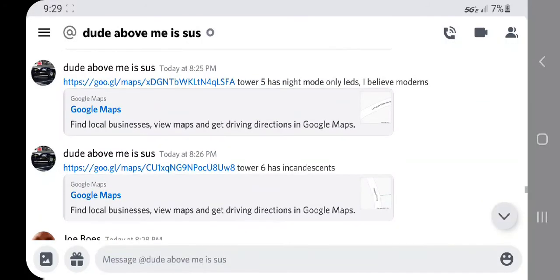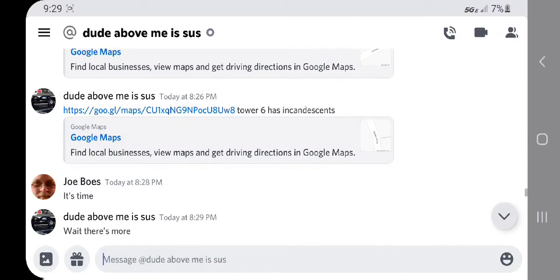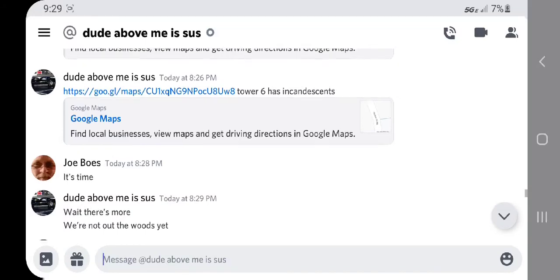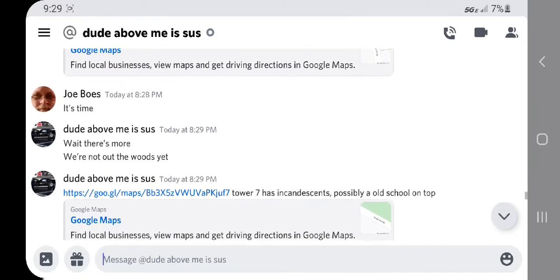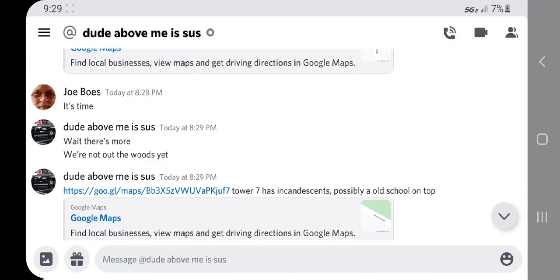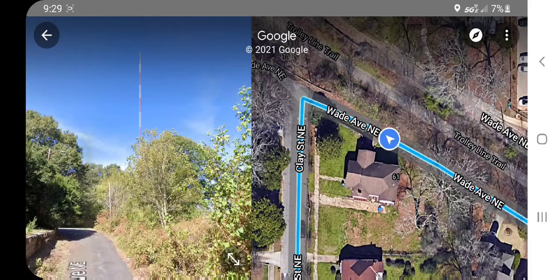All right, time for Tower 7. This is a time where I thought he was done with the list because he went offline. When he goes offline, that usually means he's done. But there's more. So yeah, this is Tower 7. Tower 7 has incandescence, possibly an old school one on top. So yeah, possibly, if he says there's...